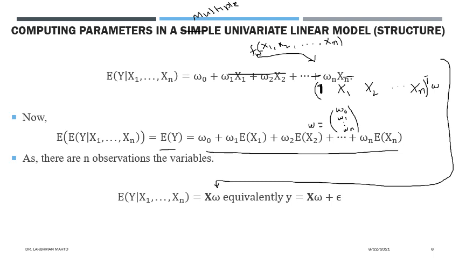So if you look further, it will take a matrix representation. For all the samples, there would be various values of y. For each value of y, if you take them together, that means all values of the one vector, all values of x1, all values of x2, all values of xn, all measured values or samples, what is the sample size?